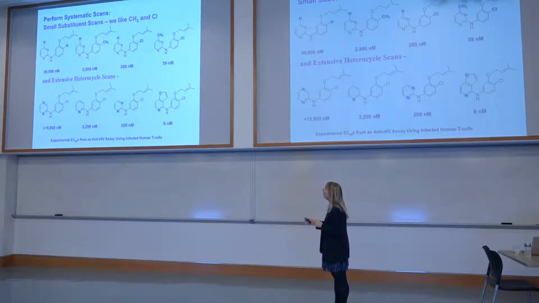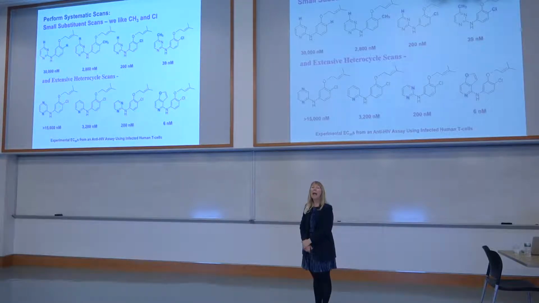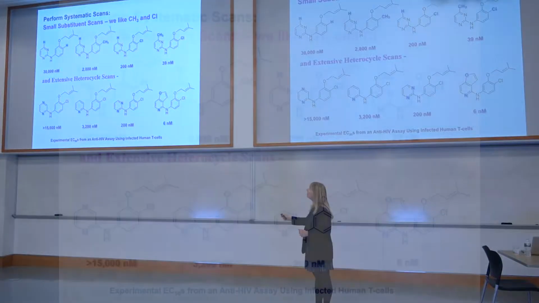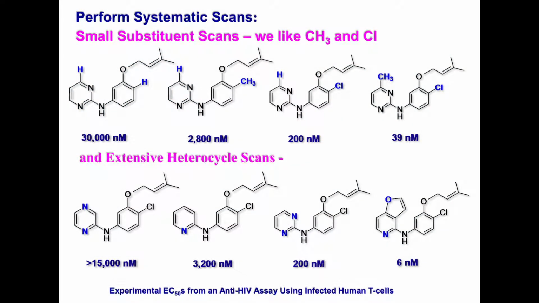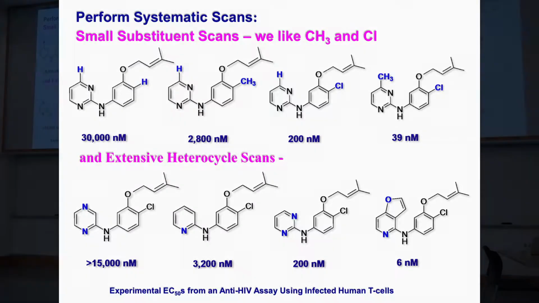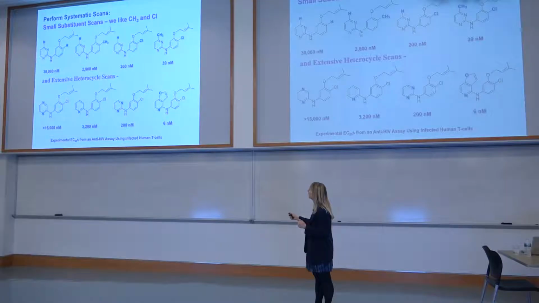And so this is just an example where you can see a big effect in changing the functional group. So we can go very quickly. We just simply put a methyl group, substitute the hydrogen with the methyl group, we go down to 2.8 micromolar. If we substitute then a chlorine, we go down to 200 nanomolar, so now we're in the 200 nanomolar range, and then if we include a methyl and a chlorine, we're down to 39 nanomolar, so we're getting a very potent inhibitor, and these are actually numbers that come from this HIV assay with infected cells. So this just shows an example.